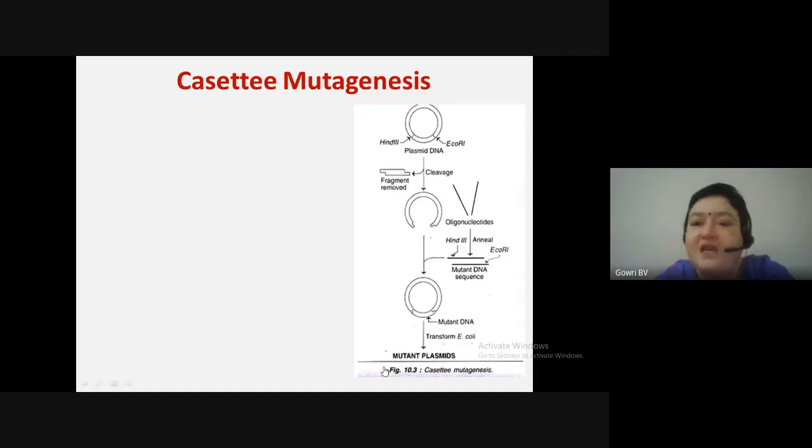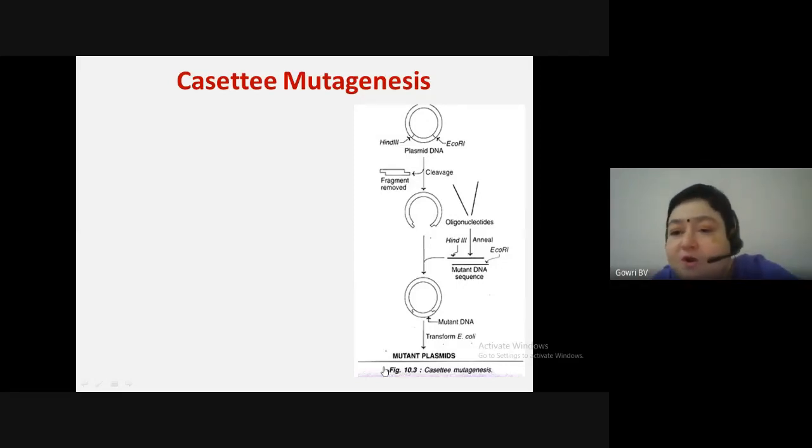We are going to use these two restriction endonucleases, EcoR1 and HIND3. These enzymes can cut the double-stranded DNA molecule. Come to the second picture. If you can see the second picture at the bottom, you have an open molecule restricted with the enzymes EcoR1 and HIND3. The fragment is removed and you have an open molecule.